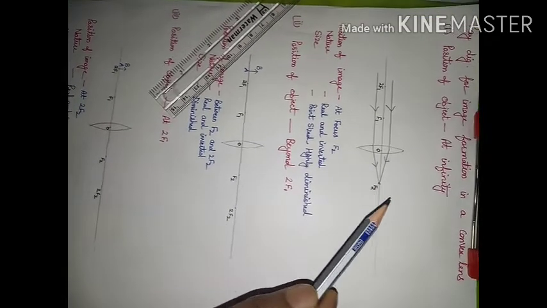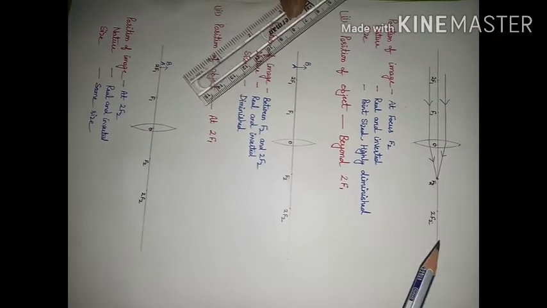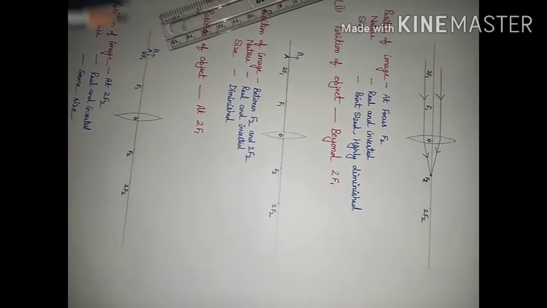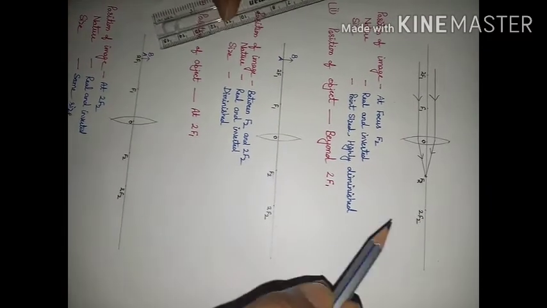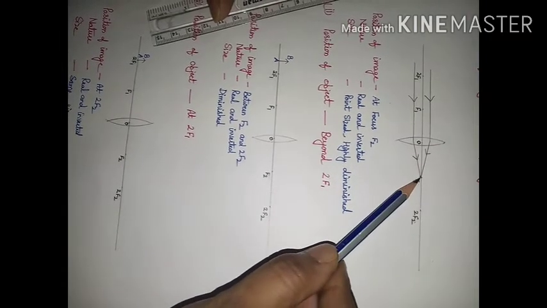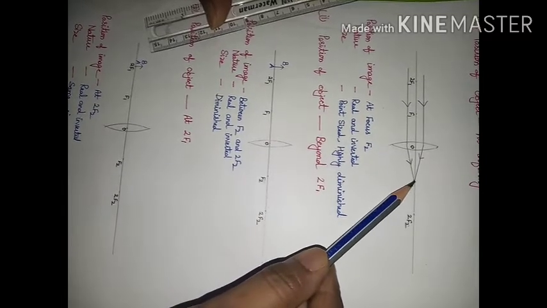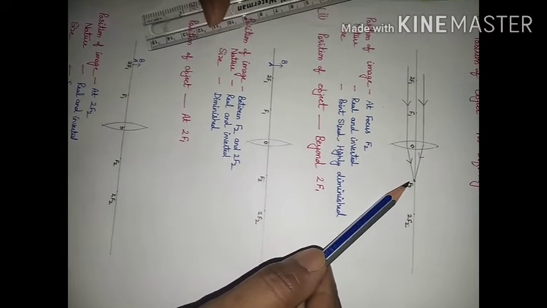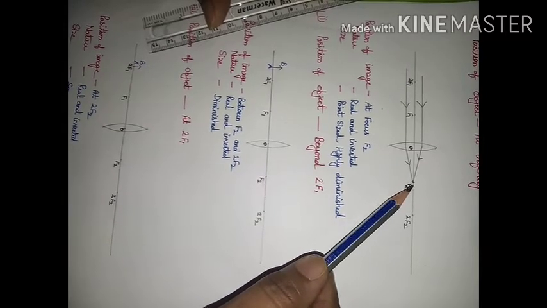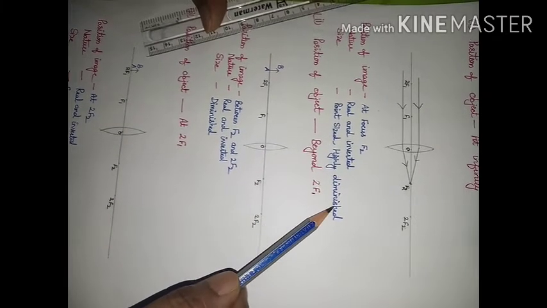When you consider the focusing of light coming from the sun, then you can see the image of the sun comes out to be very small as compared to the size of the sun. In the video on burning of dry leaf using convex lens, you can have an idea about the size of the image. So the position of the image is coming out to be at F2. Nature is real and inverted. If you keep a screen, you will be able to get the image on the screen. As I have already told you, the image of the sun we can have on paper or on leaf or on wall. Size will be very small, that is point size, or you can say it is highly diminished.